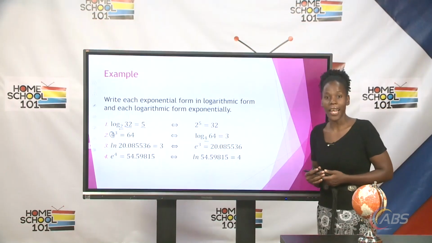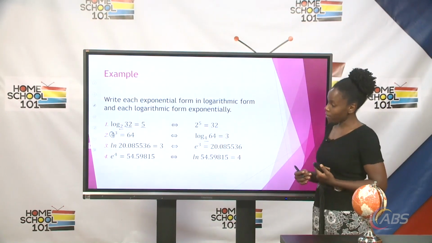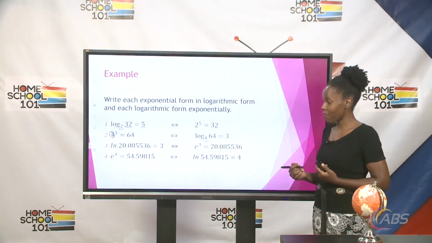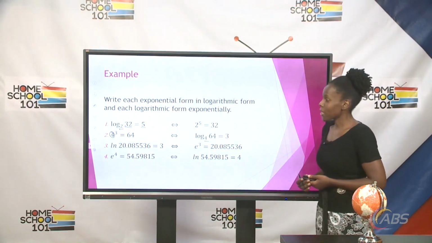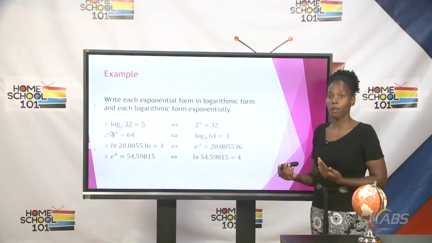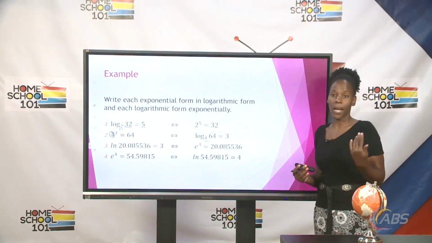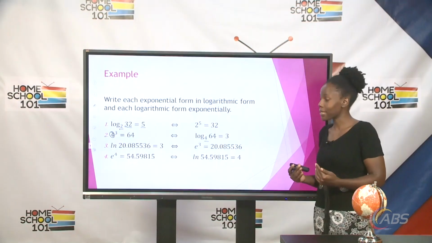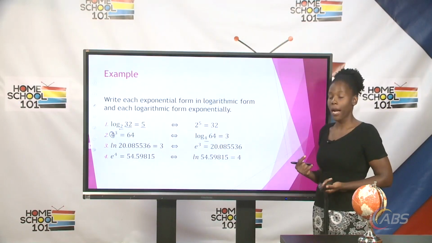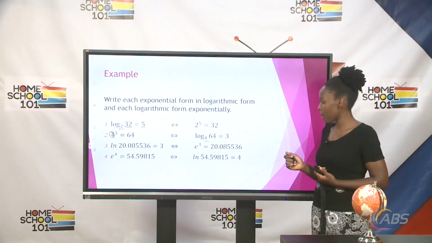Now what you would see is ln, which is the natural logarithm. So the natural logarithm of 20.085536 is equal to 3. Now the key thing, we are looking at logarithms, and the standard base for logarithm is base 10. However, we can write in any base. When we're dealing with the natural logarithm, which is ln, our base is e. So therefore, once I see ln, I would simply write in terms of base e. So it would become e to the power 3 is equal to